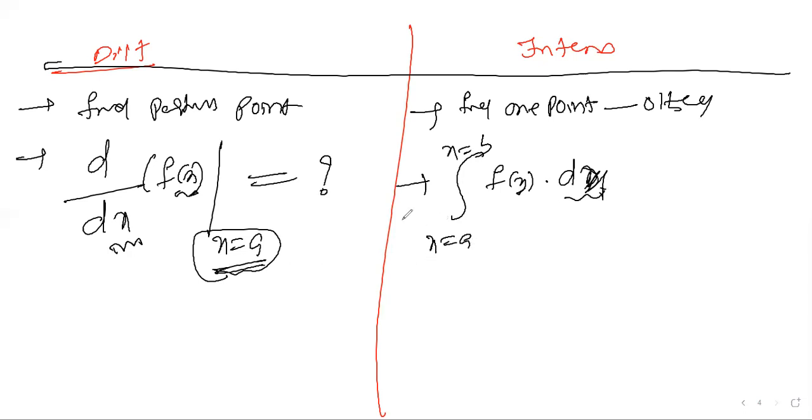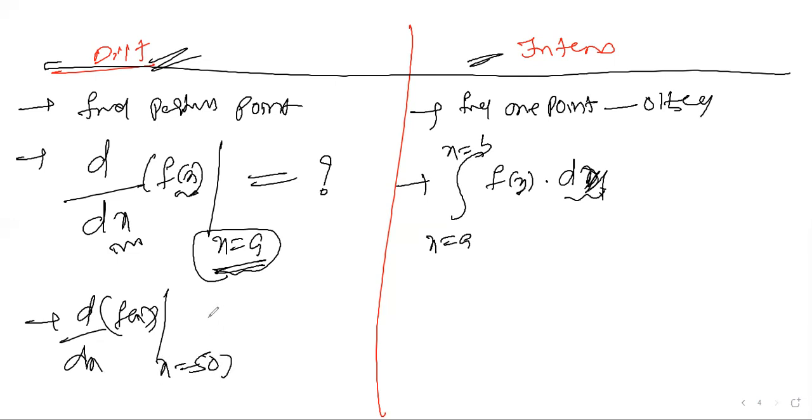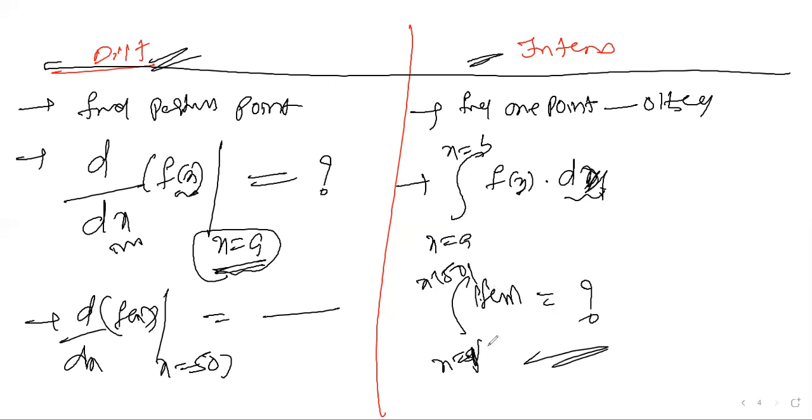So there are a number of formulas for differentiation, and there are a number of formulas for integration also. This is the difference you need to understand. Just now I told you d by dx of f of x at flat number 501, how many people are there, we can count. Then integration, x is equal to a to x is equal to b, some flat number 1 to flat number 501, f of x dx means flat number 1 to flat number 500. How many people are there? We can count from one point to another point. We can find the answer here.